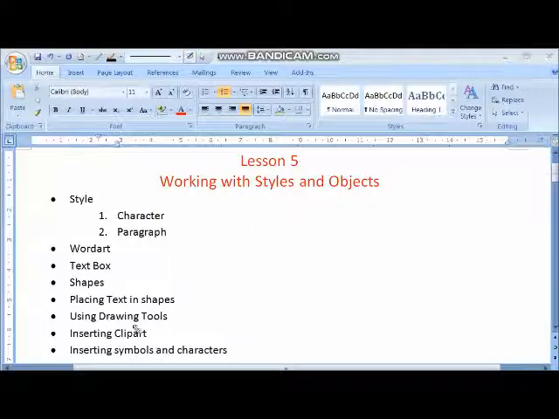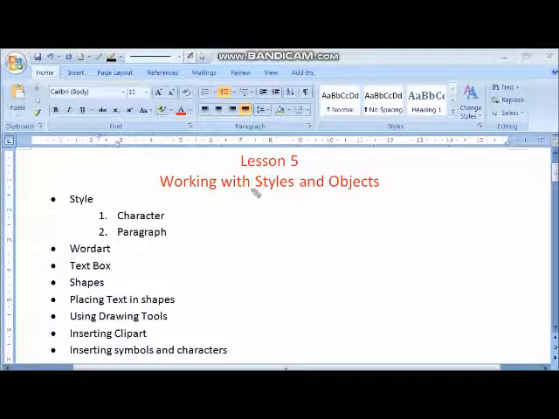Okay, so I have written the main points which are available in your book. Lesson number 5, the name of the lesson is working with styles and objects, and in that first we are going to learn about the styles. Now what are styles? Styles are predefined types of text which we can apply to our paragraph, like you can change the font color, font style, alignment, any type of formatting.